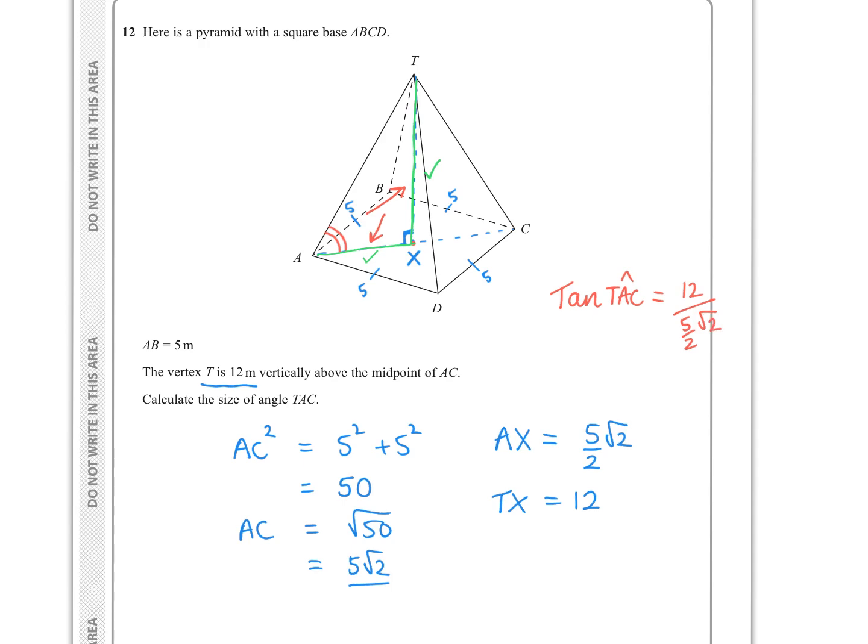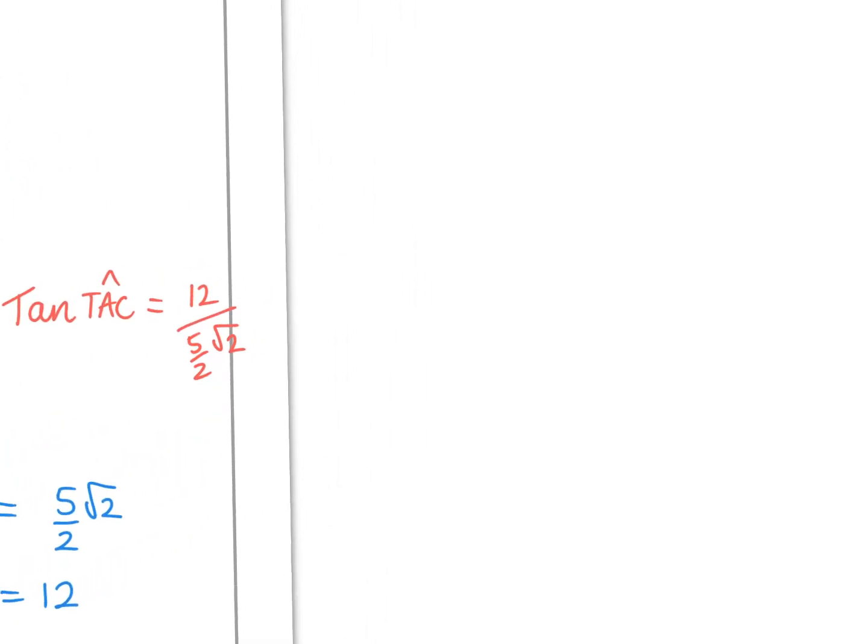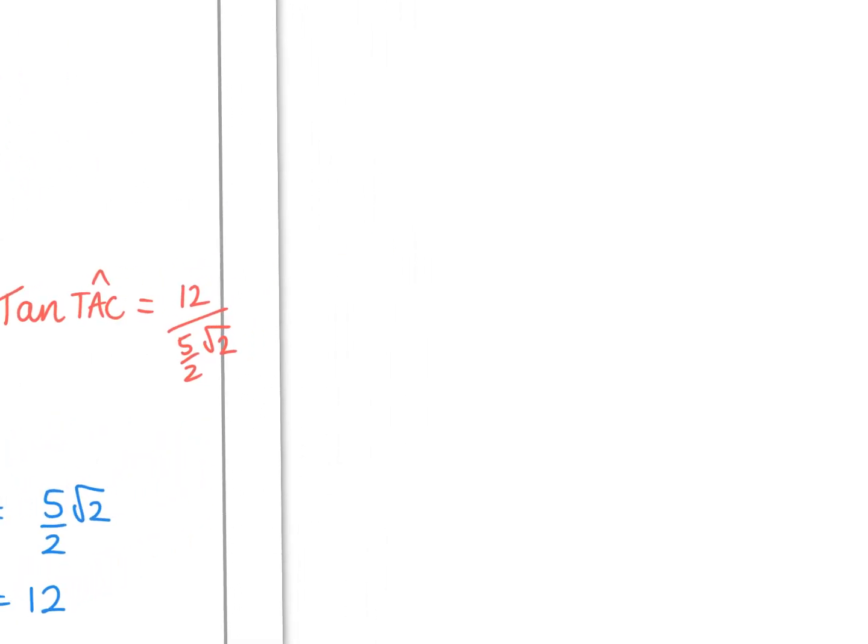So from here there's many ways you can go. I think what I'm going to do is just try and do the most simple way. And that is, if I've got tan of the angle which I want,